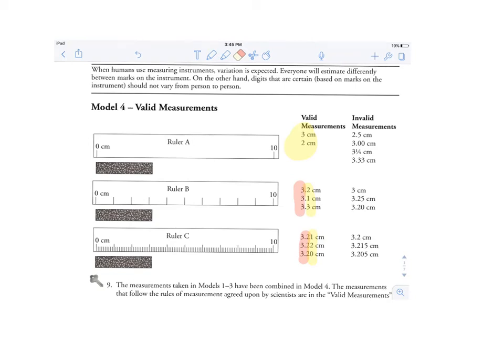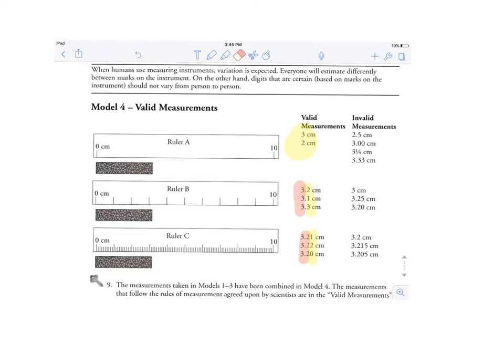Okay, so here are the three rulers that we had from our POGIL assignment again, and let's just review why we put in the number of numbers we can. With ruler A, we have only 0 and 10 marked, so you should be able to estimate where 5 is. Think just a little bit past will be 1, almost to 10 is number 9. Okay, so there's a lot of uncertainty, so every measurement that is taken correctly has some uncertainty to it. And in this case, this is totally a case where you are just using your resources you have to guess